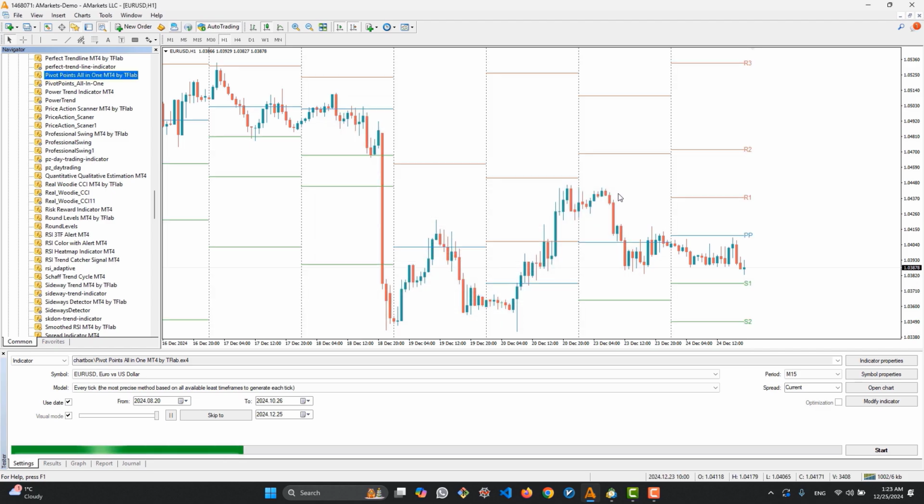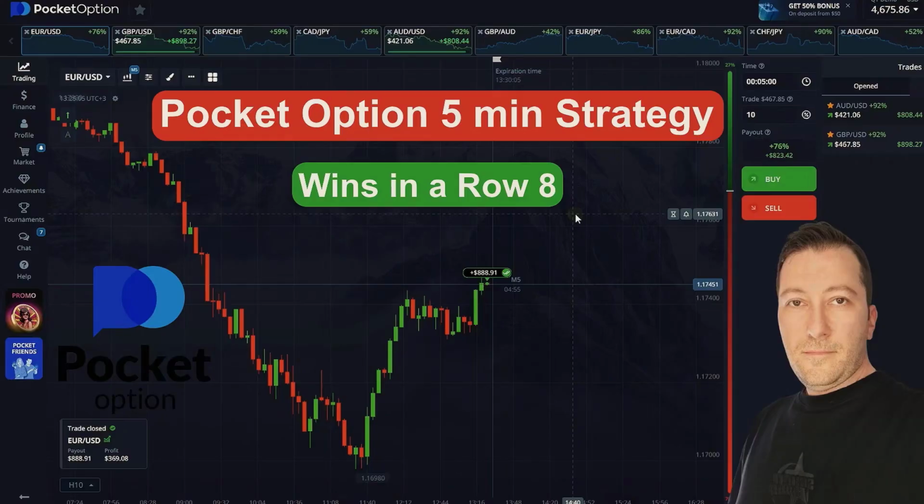This indicator can calculate pivot points for us using the well-known and common